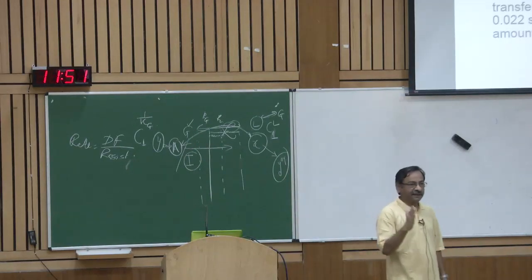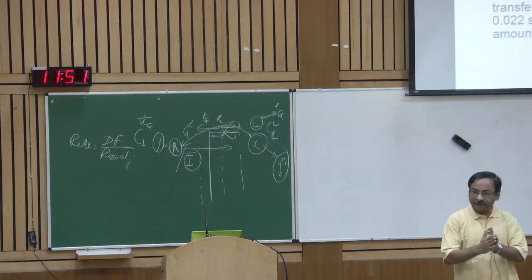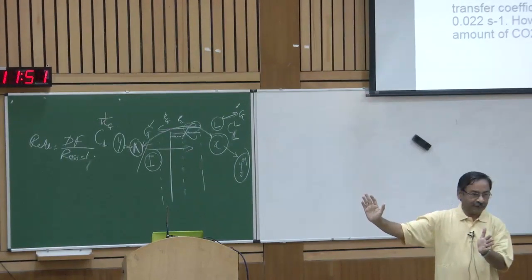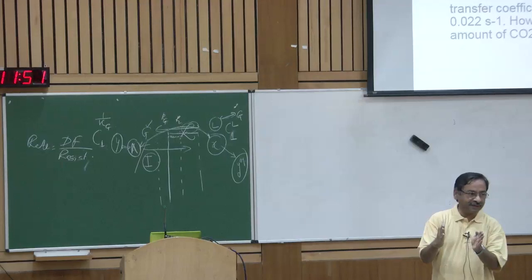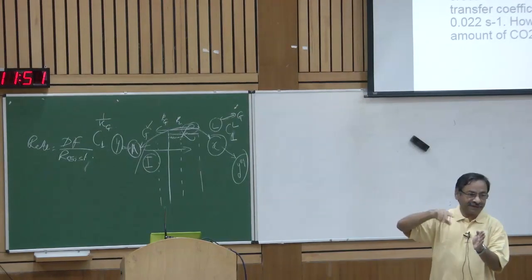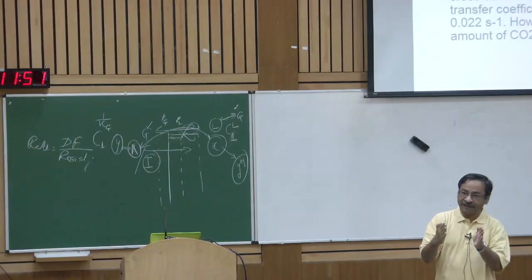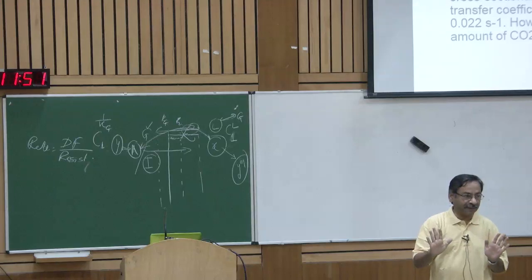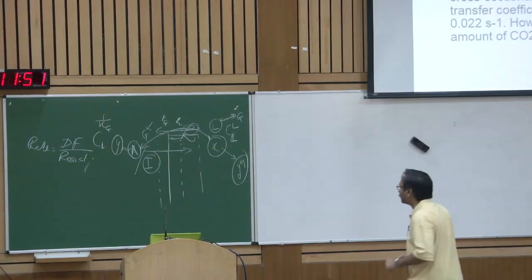This is a stagnant gas film offering the same resistance as under actual gas phase conditions. If I were to take only that region in the actual gas phase conditions, resistance will be lower. Other resistances have been clubbed into this, making it a stagnant film of the film theory. That is one part. Same thing for liquid, maybe stronger.